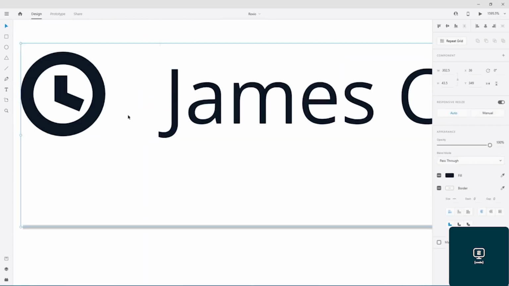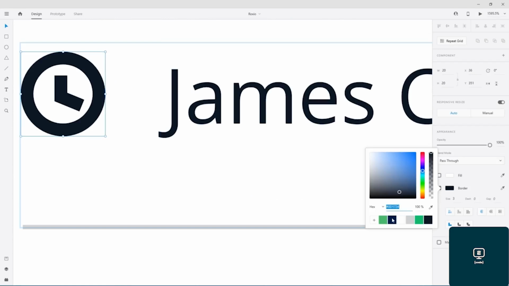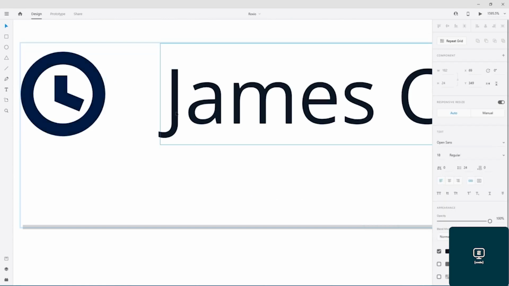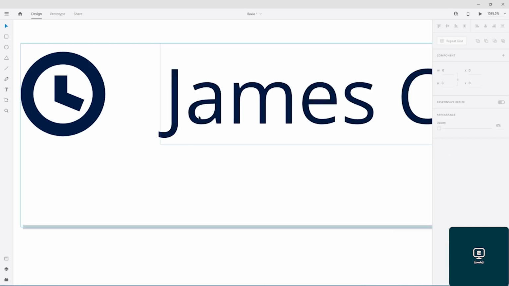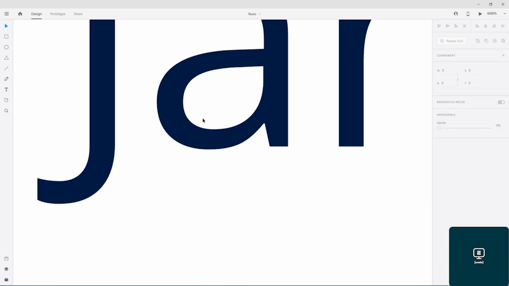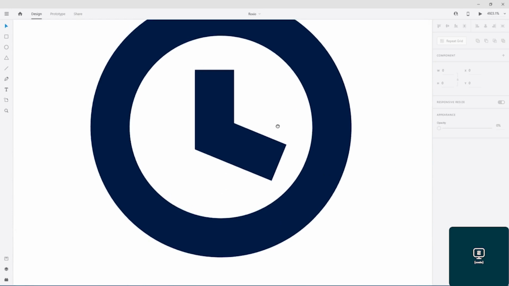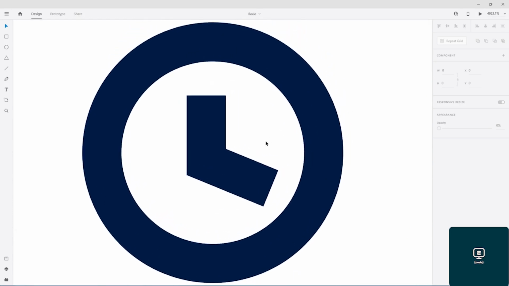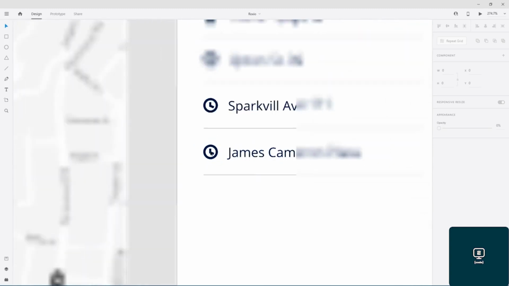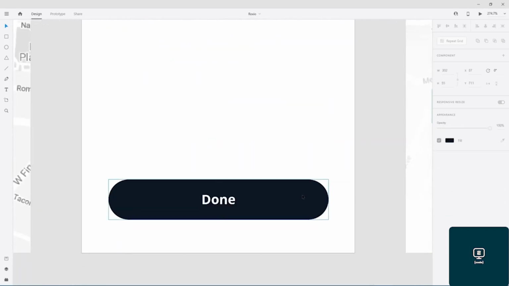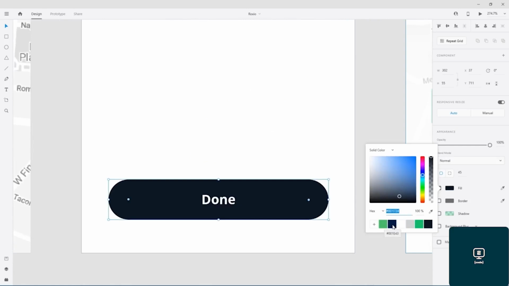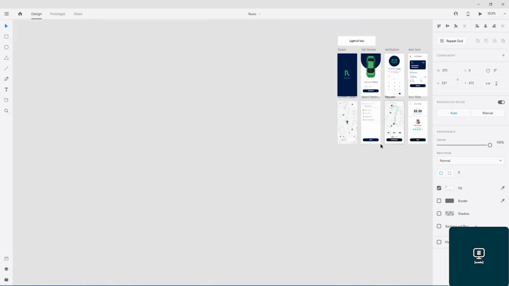In fact, in the work, the reason is that Adobe XD is a vector software, and the more you zoom in, you can zoom in up to 6,400%. And there is no downgrading in the quality. The reason is because the Adobe XD software is vector. Very well. I change the color here